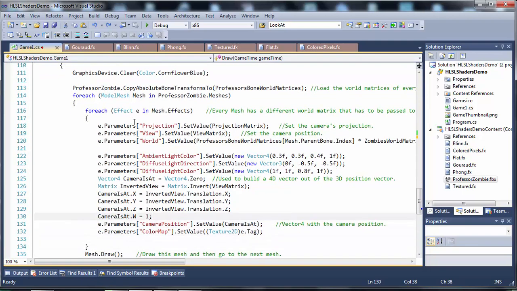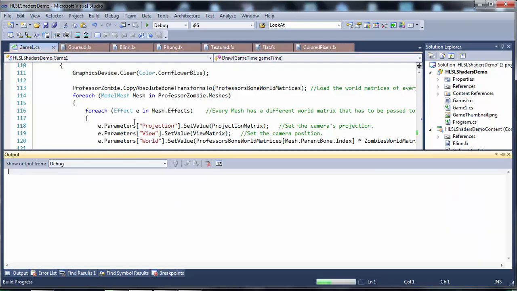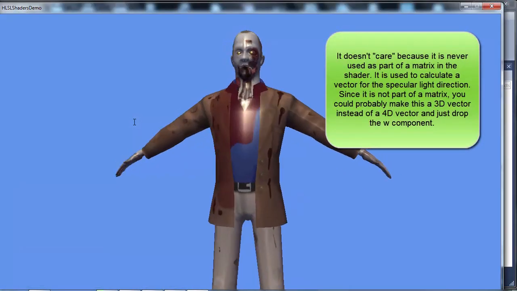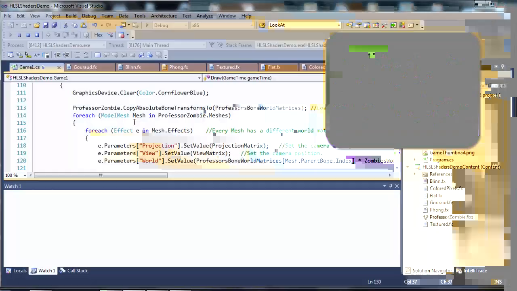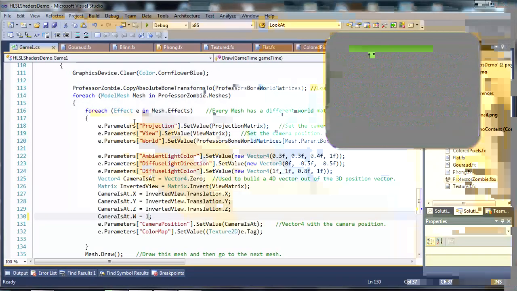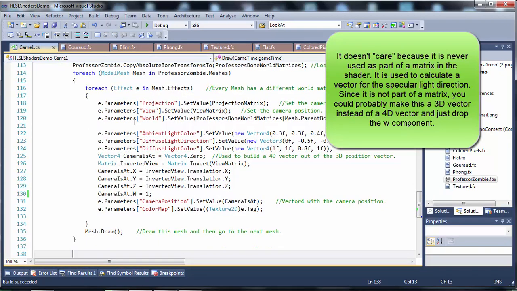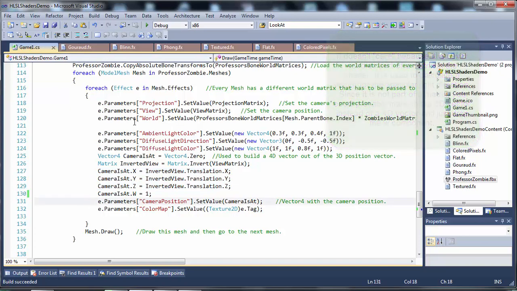because it's a position, it's just always going to be 1. I'm not even sure that that's going to matter. If you set that to 0, I don't know if it's going to care. Yeah, it doesn't even seem to care. But technically I think it's supposed to be 1 because it's a position. And I think if you look through the code, it's probably not even using that value when it comes time. Yeah, but all you're really doing is passing it the position, the 3D coordinates of the camera